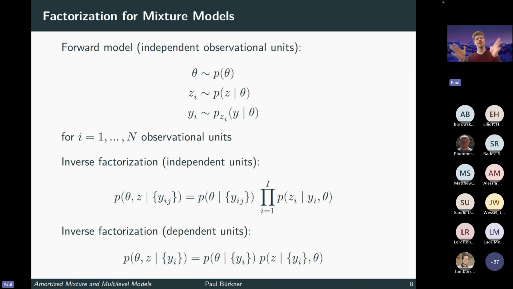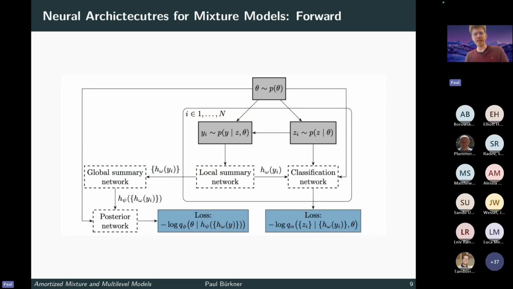So we can have, in theory, a varying number of observational units where we are computing the mixture components. There's also inverse factorization for dependent units, but I'm going to skip this for now, because the general idea is we have that forward factorization, we are translating that into an appropriate inverse factorization, and if we do this properly, we are getting some nice neural architectures out of this. And that's what I want to